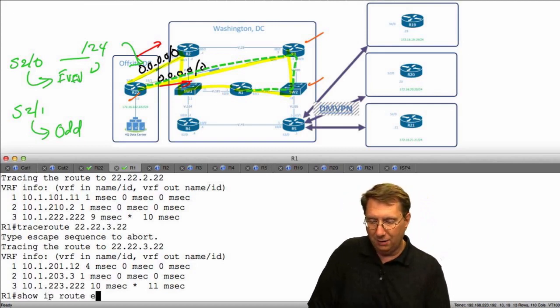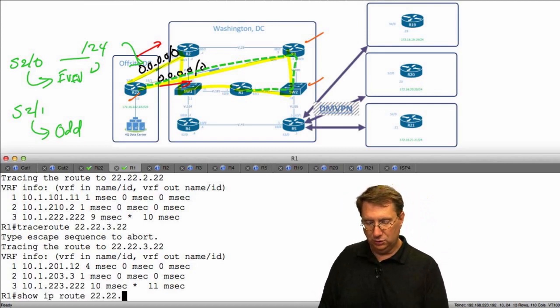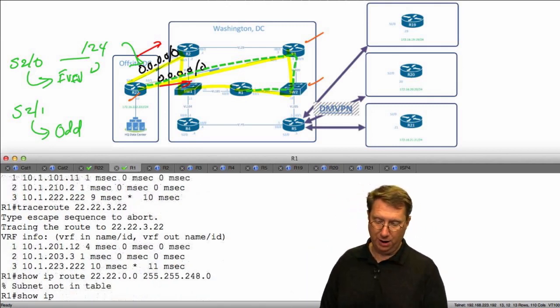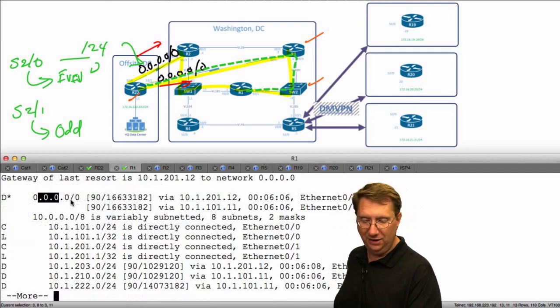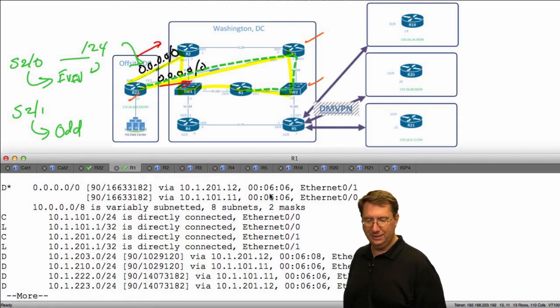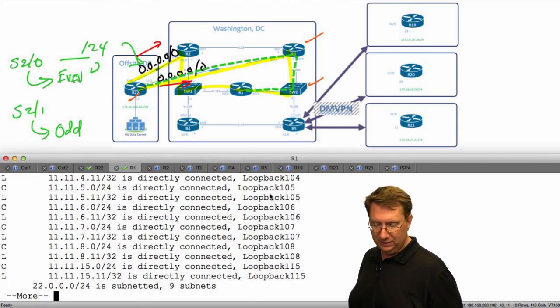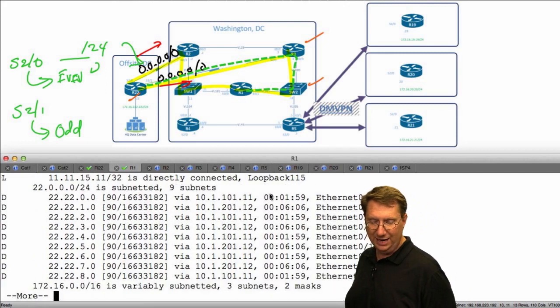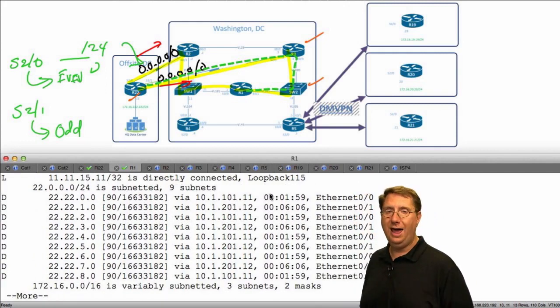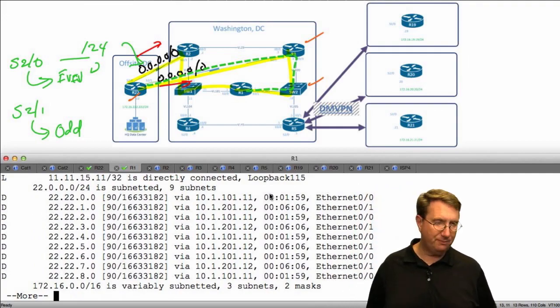Show IP route, and let's look at 22.22.0.0/13, 255.248.0.0. It's not in my routing table, but I do have my static default route and my gateway of last resort is set. So when we look at this, what's happening is that the system is basically just placing the /24s in the routing table because the /24s have the longest match. So with that wrapped up, that brings this portion